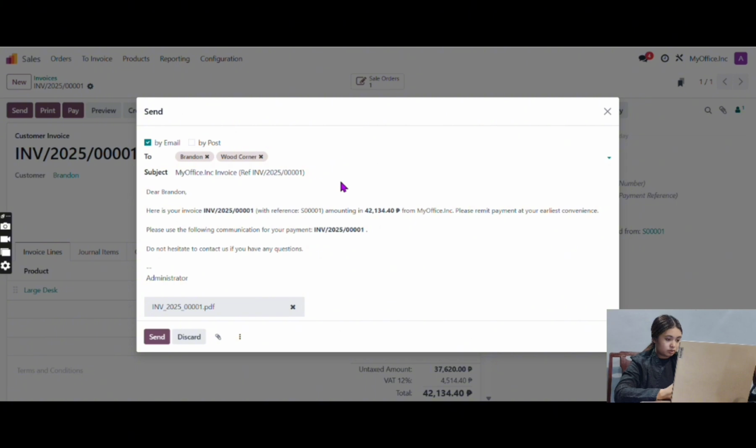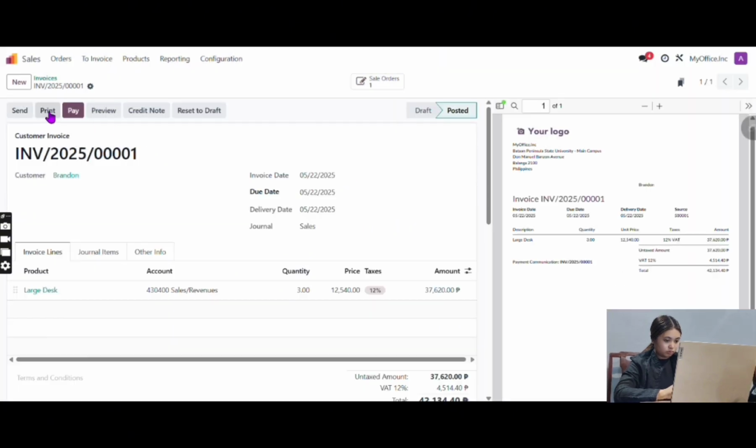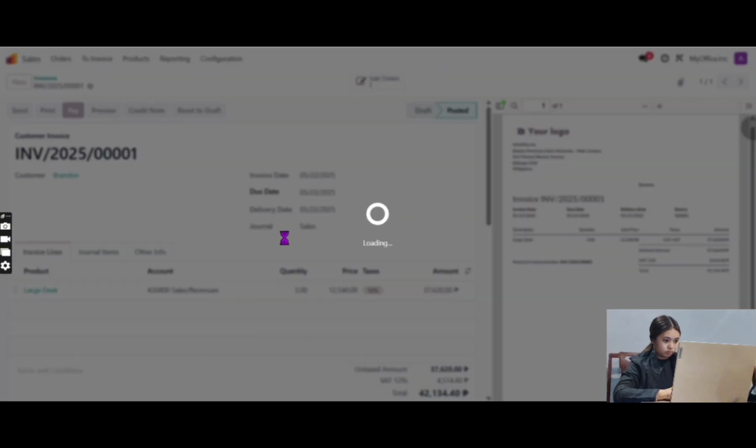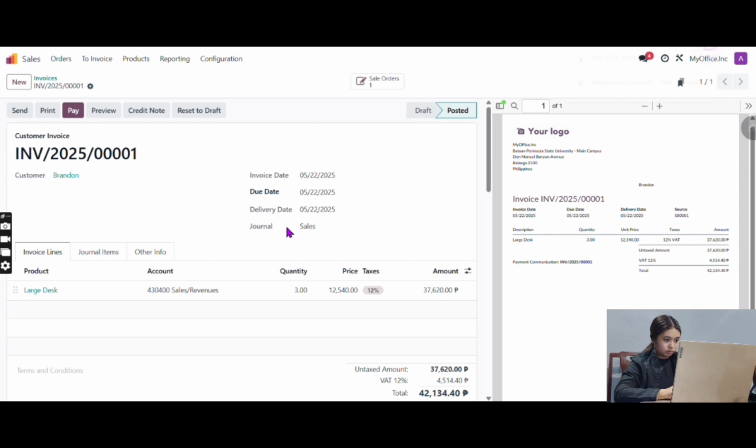And add the wood corner and then send it. Click print and here's